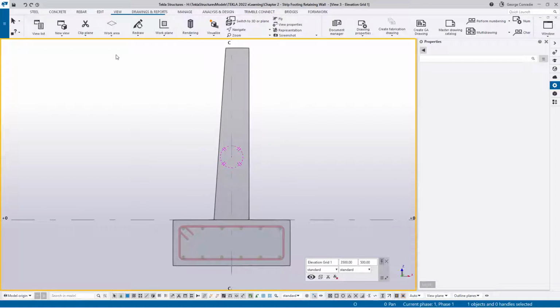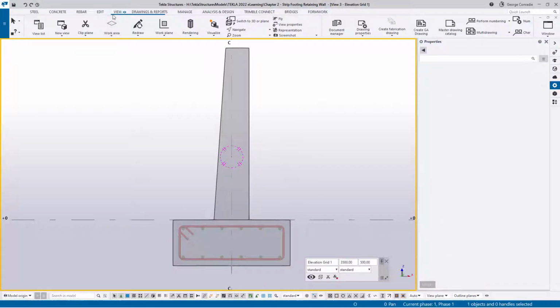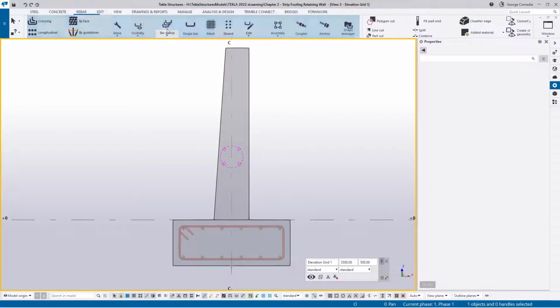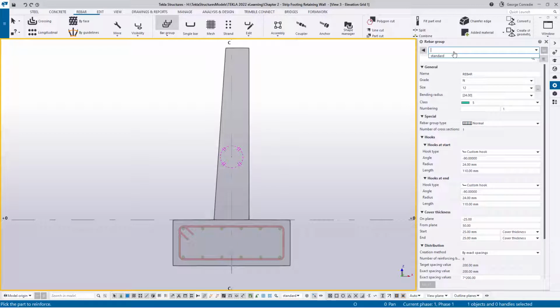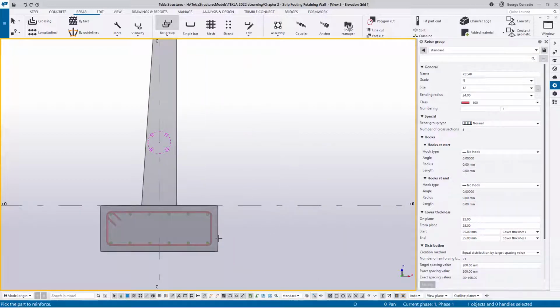Okay, so in this case, let me just click on this to make sure this should be rebar group. So this is rebar groups again. If we go to rebar and we go to groups, load our standards again, we can then say we want to add the starter to the foundation. And if I click there, just make sure that it takes, right click perpendicular up to there,